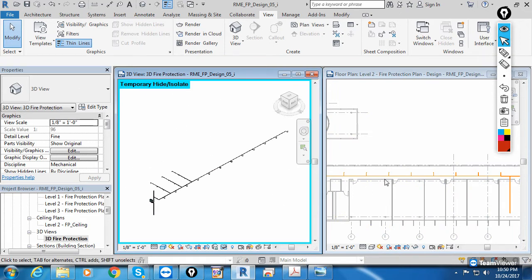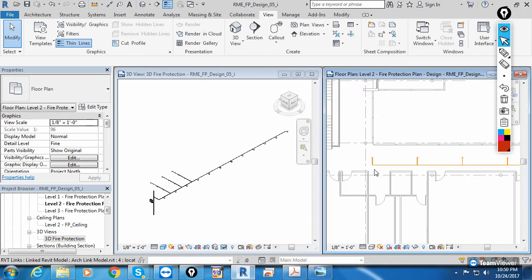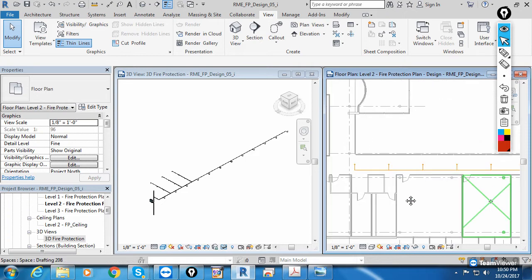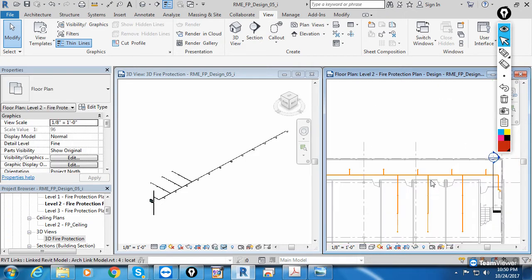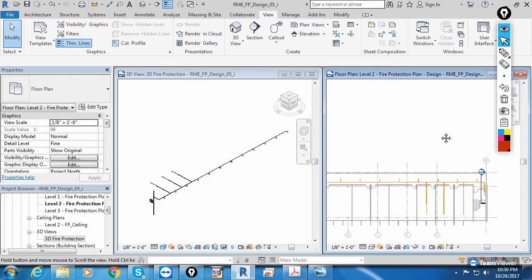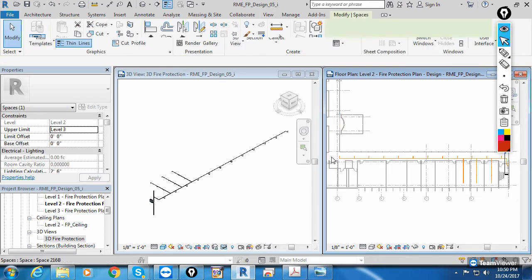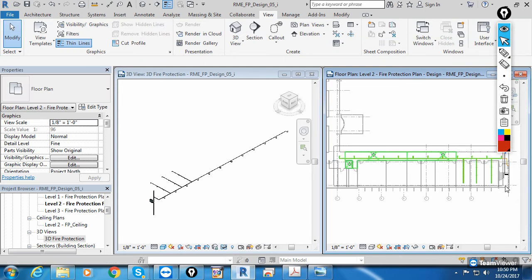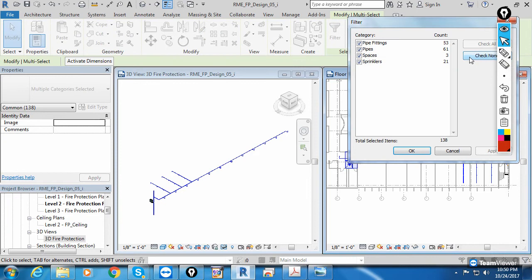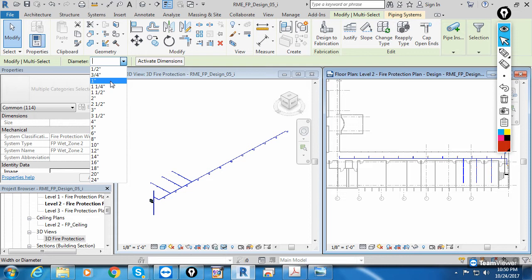We'll rotate this. Before changing this main pipe size, see, all these branches, if you talk about this branch 1, branch 2, all these branches which are in the corridor with only one sprinkler, right? So one sprinkler means this size should be 1 inch. So the majority of these branches are 1 inch, so first we'll select all this pipe. Select like this and filter, select only pipe and pipe fittings. So the major pipe size, all the branches 1 inch now. So first we'll update all this pipe size to 1 inch.